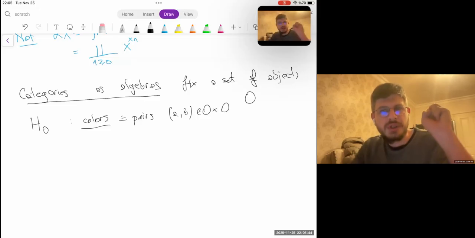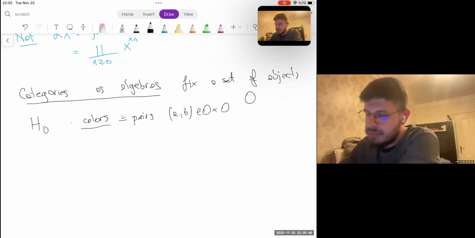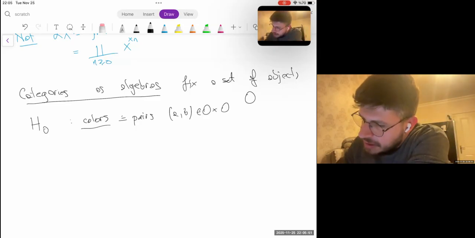These are the intended objects of your category, right? So now you want to define a category with these objects. And as operations,